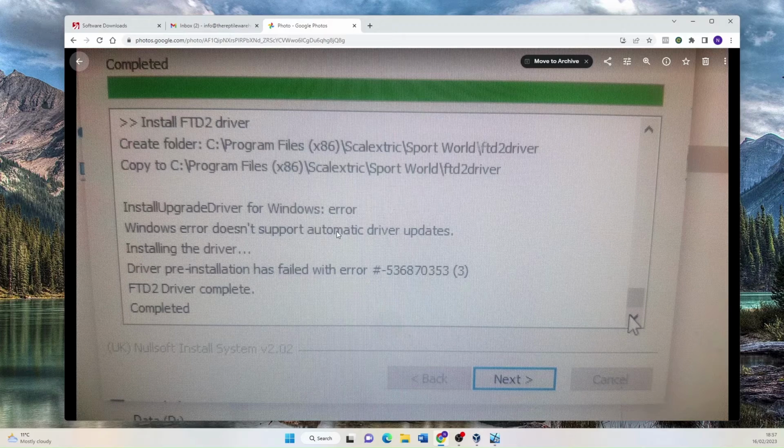noticed that when it was installing, it came up with this error just before it. If you quickly click next, you'll miss it, but when you're reinstalling it, just before it finishes installing, you'll get this message. Install upgrade driver for Windows error. Windows error doesn't support automatic driver updates. Installing the driver. Driver pre-installation has failed with error. FTD2 driver completed. Right. So that is just a load of gobbledygook. But if you Google this number and do a bit of Googling around what this actually means, driver pre-installation has failed with error, it's basically a common error